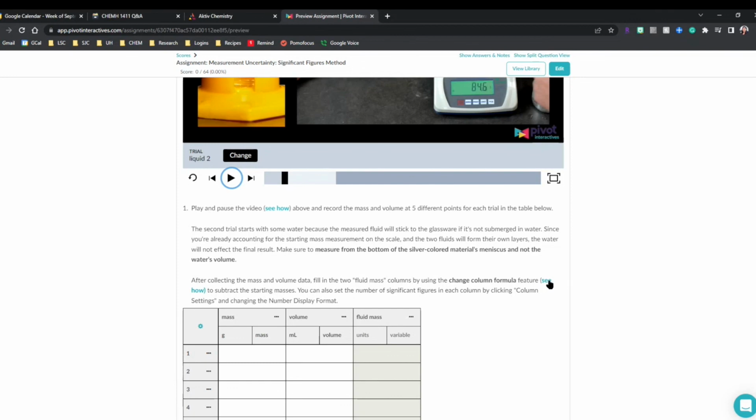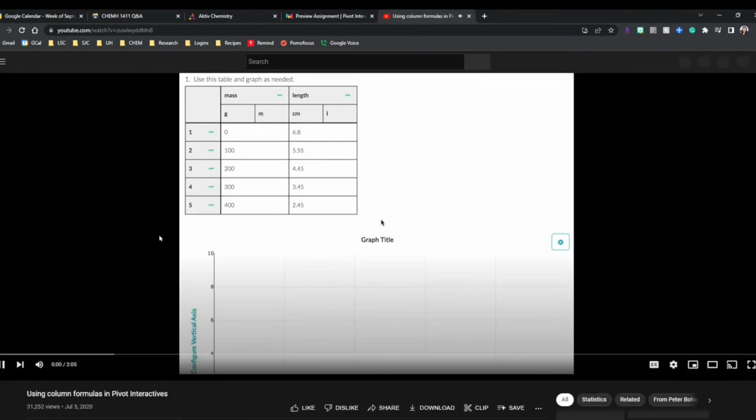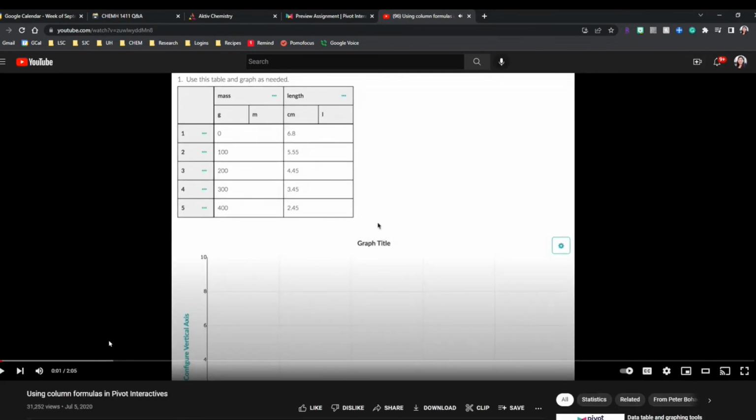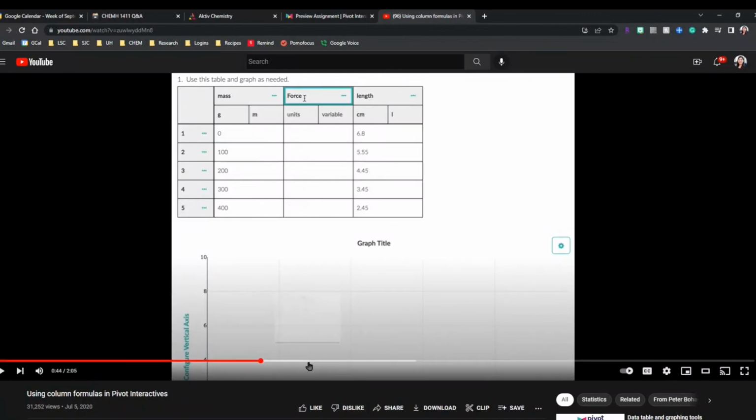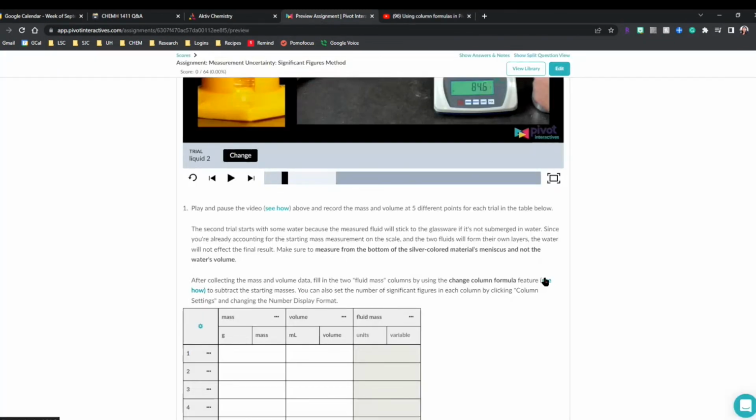Oh, and if you need a more detailed video or more detailed instructions on how to use that column formula, this video shows you once again how to do that. And it's right here, see, on the change column formula. It's pretty much what we went through, but